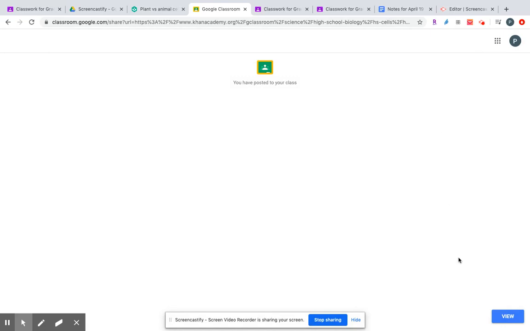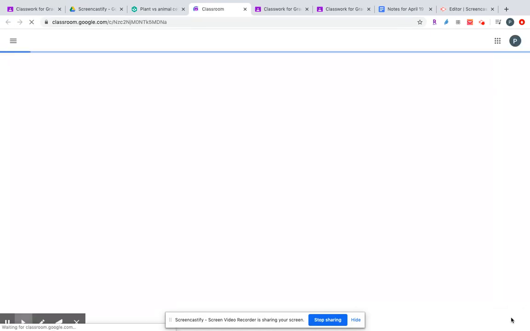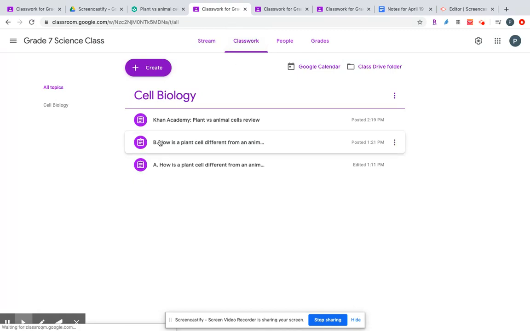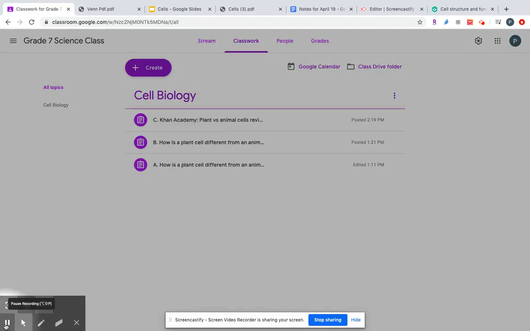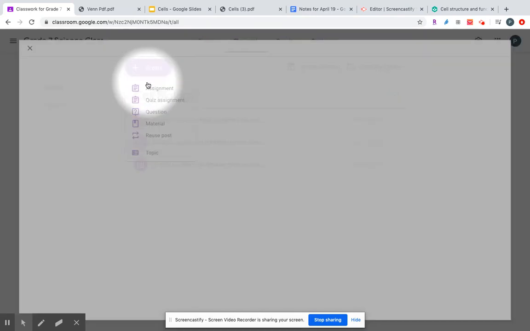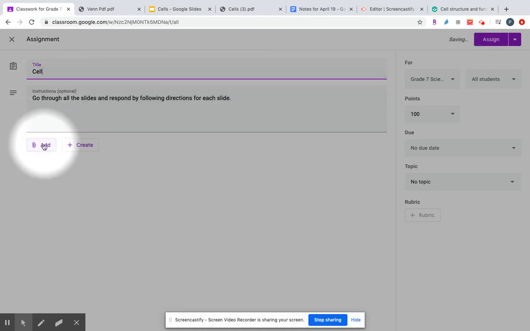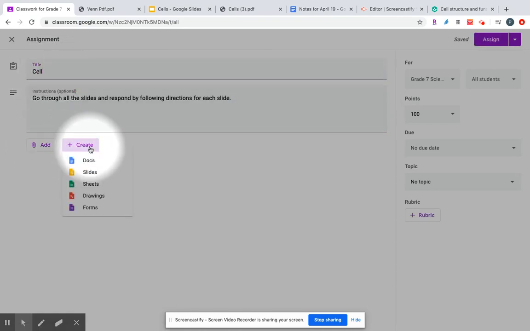So now you will see that I have 3 different types of assignments already made in my Google Classroom. The next method is very interesting. Here you create an assignment like you did before, and you write your instructions, you make a title, you add what you want to add, and then you go here and you can use one of these options. Each of them has lots of benefits. I'm going to go to the one with slides,